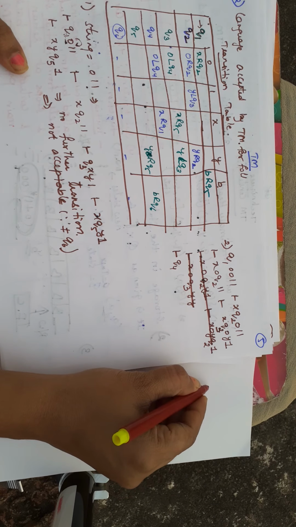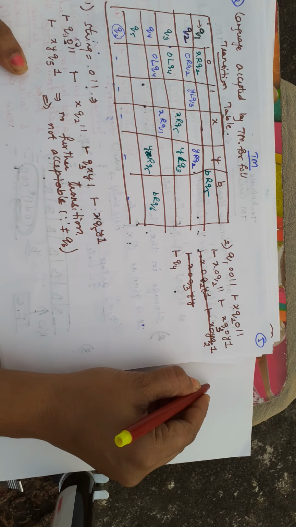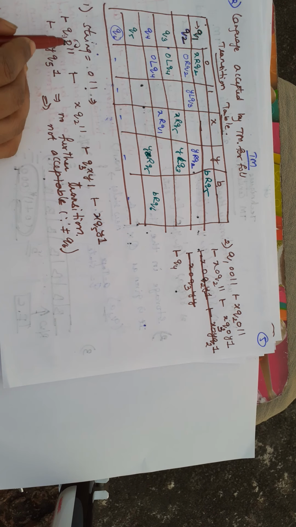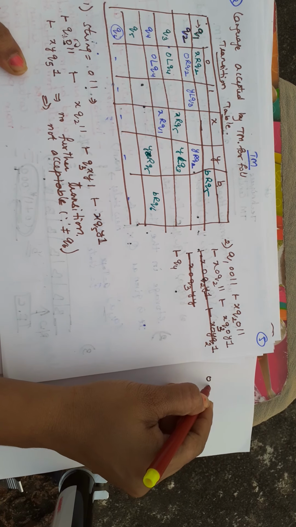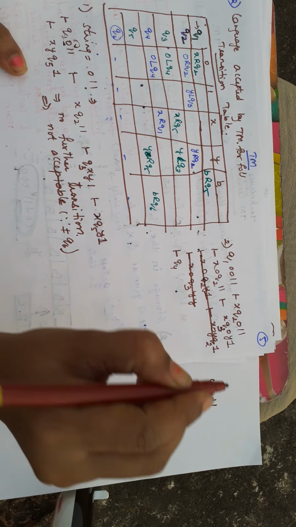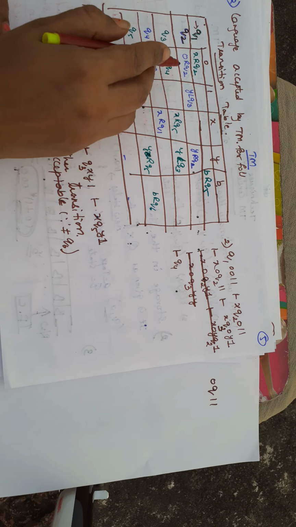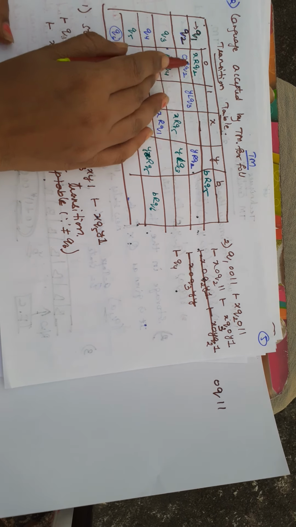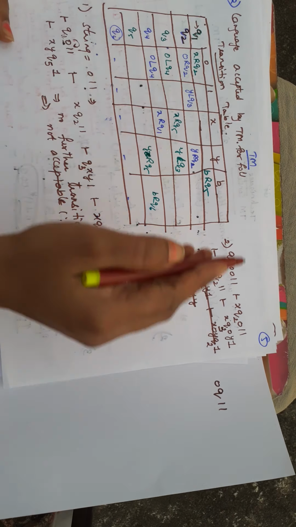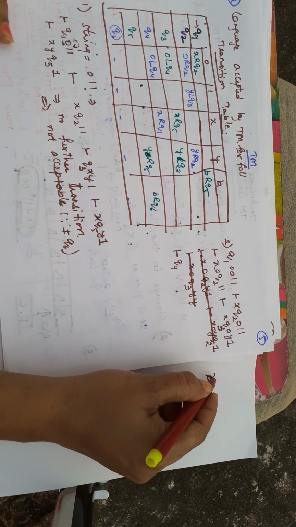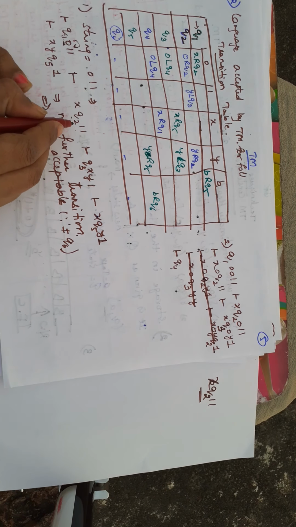The technique here is first to jump over the symbol towards the right side, as given. So towards the right side of 0 we write it as 0 Q1 1. We have jumped over this 0 towards the right side, only one symbol at a time. Then Q1 has to be changed to Q2. I am writing it as Q2, and 0 has to be changed to X. So this is X, and this is our resultant.